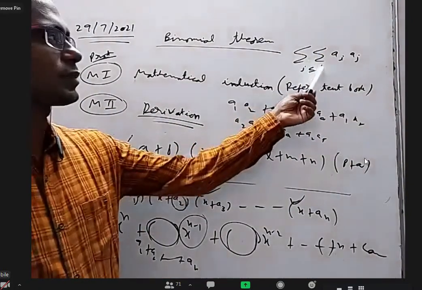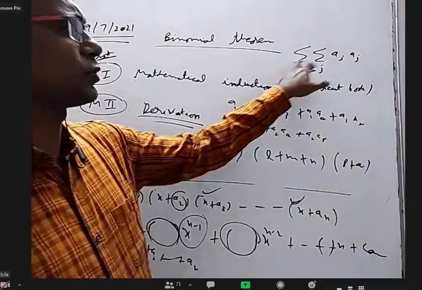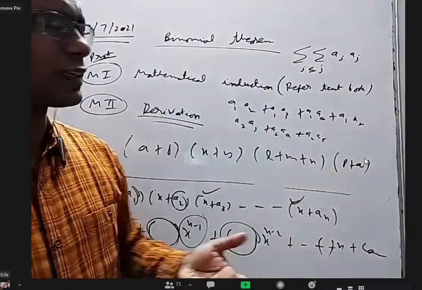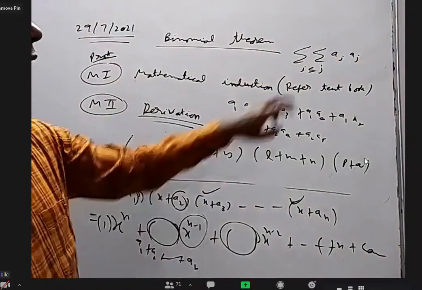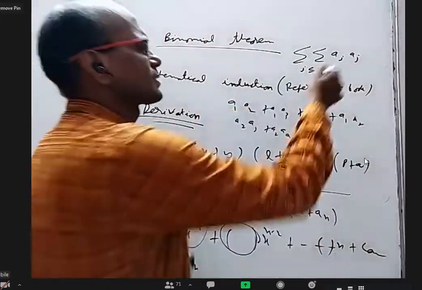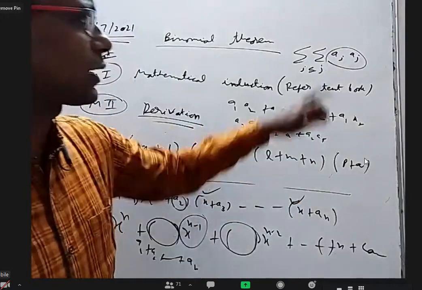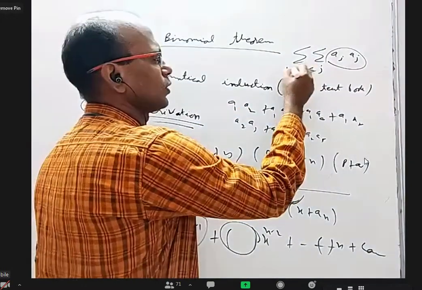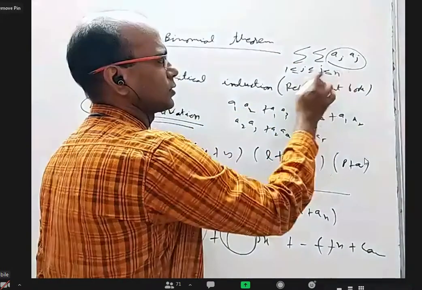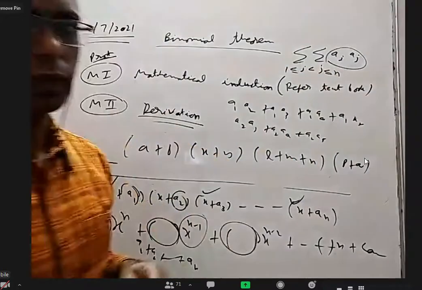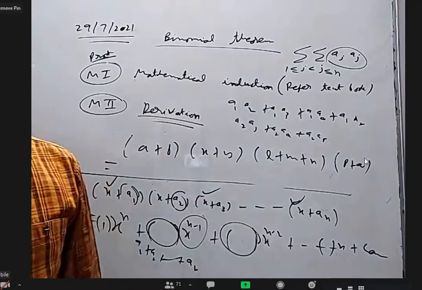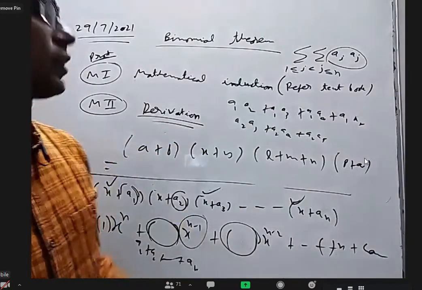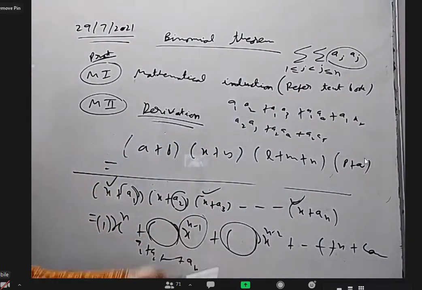What is this double sigma? You can even write single sigma, not a big issue. Sometimes we write double sigma, sometimes single sigma, but because two variables are there, we may put two sigmas. I less than or equal to j means sum of this product as long as I is less than j. Here only less than, not equal to. You can take any I, any j, but I should be less than j, and I and j should be between 1 and 10.